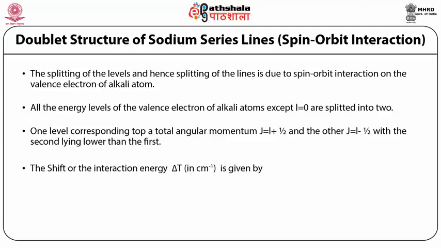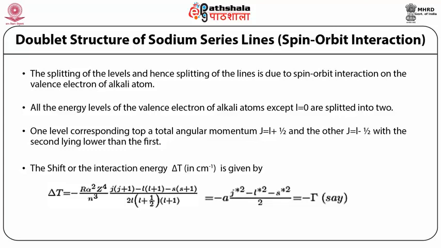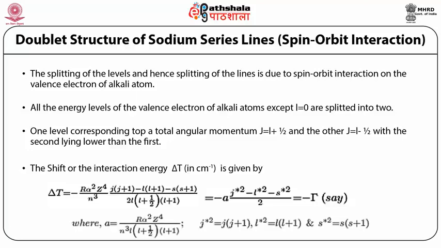The shift or the interaction energy delta T is given by delta T equal to minus R alpha square Z raised to power 4 divided by n cube, into J into (J plus 1) minus L into (L plus 1) minus S into (S plus 1), divided by 2L into (L plus 1) into (2L plus 1), which is equal to minus A times (J star square minus L star square minus S star square) upon 2, equal to minus lambda, where A is equal to R alpha square Z 4 divided by n cube L into (L plus 1) by 2L plus 1, and J star square means J into (J plus 1)